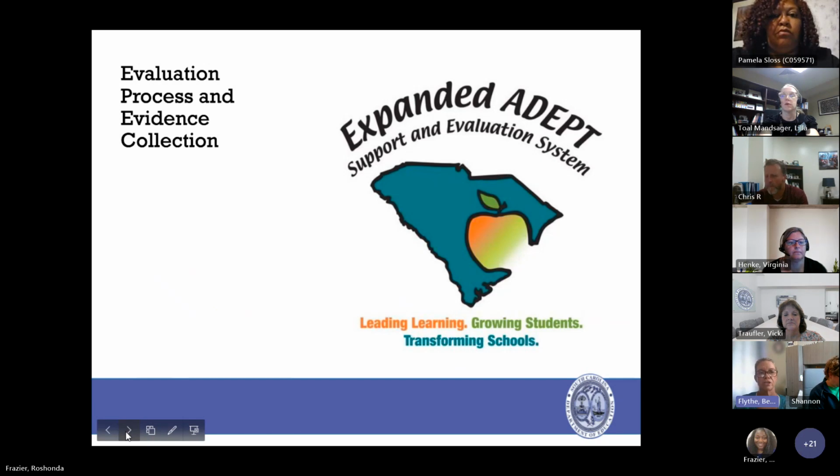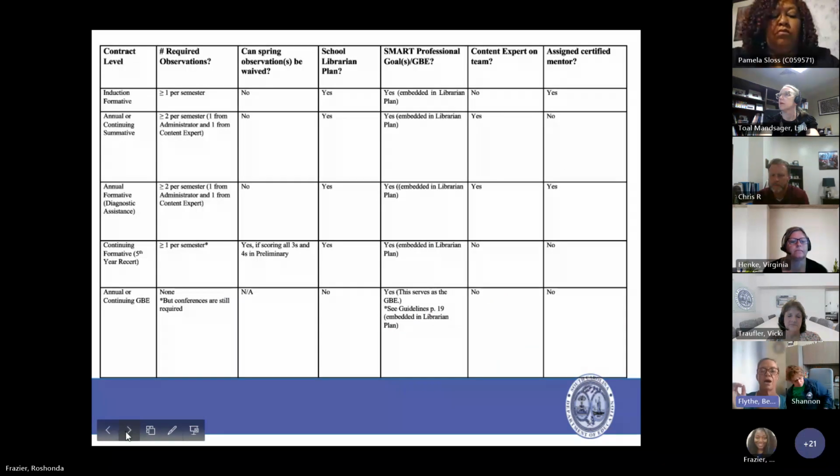So now let's talk a little bit about the actual process and evidence collection. And this is where we're going to go back to that chart that I was telling you about earlier, the at a glance. This is the document. It's on our website. I know the print is a little small on this slide. You will get these slides eventually. Once we've got them closed captioned and done all the processes, they will be posted. This webinar is recorded and it will be posted on the web.